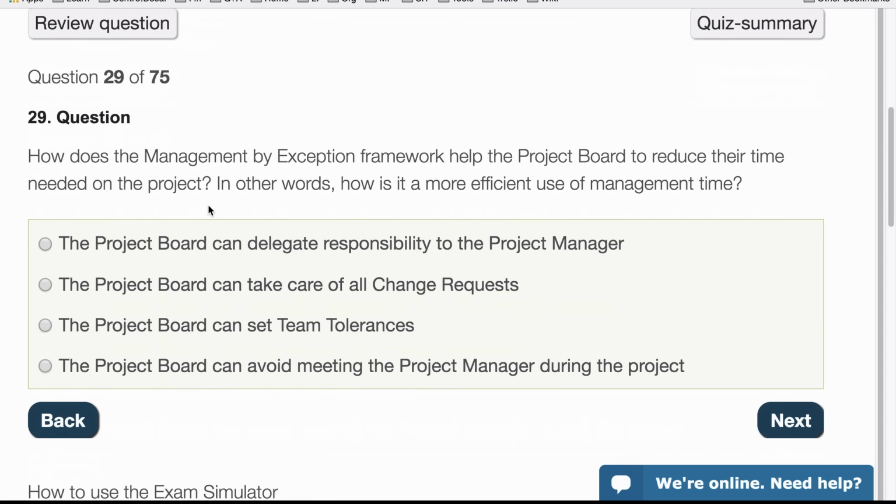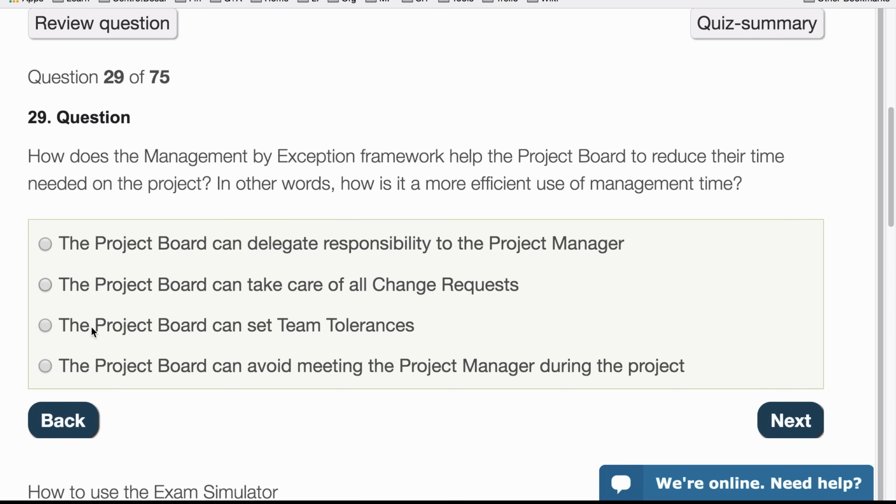How does the management by exception framework help the project board to reduce their time needed on the project? In other words, how is it a more efficient use of their time? So the first one, the project board can delegate responsibility to the project manager. That's in line with it because that's what this allows. The project board can take care of all the change requests. They can take care of some of them, but we have to watch the word all, so that doesn't have